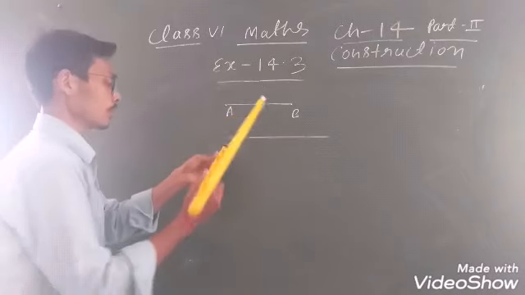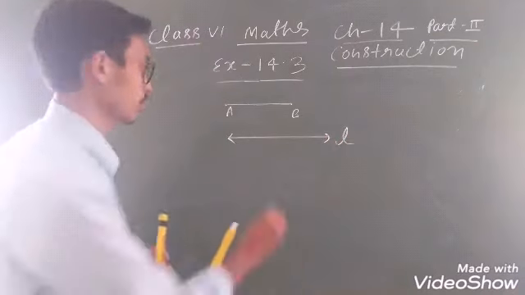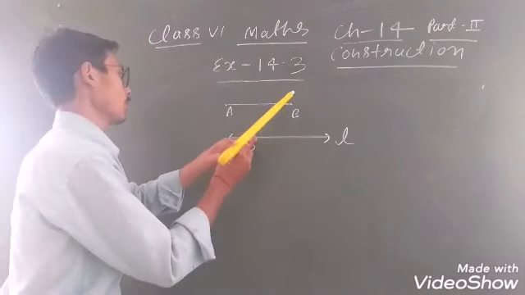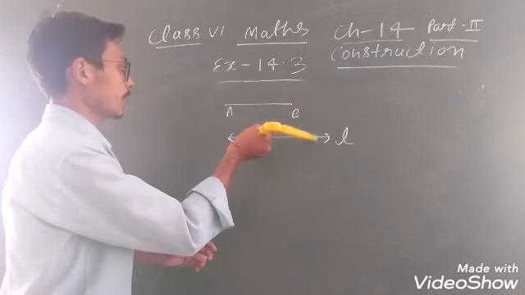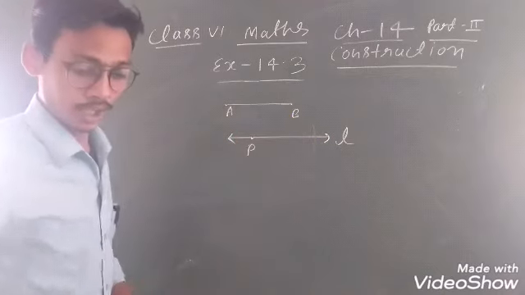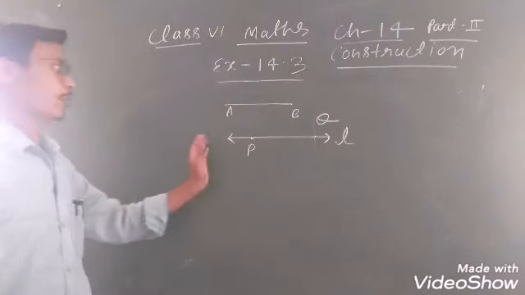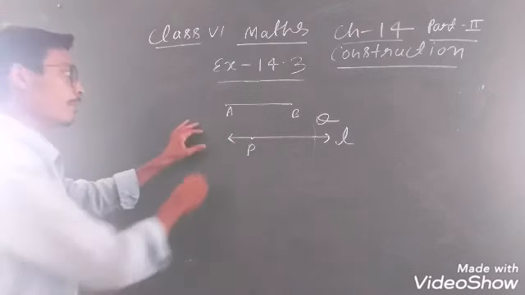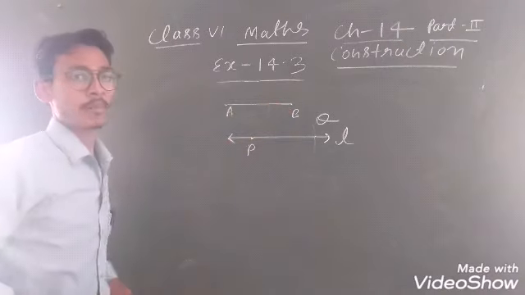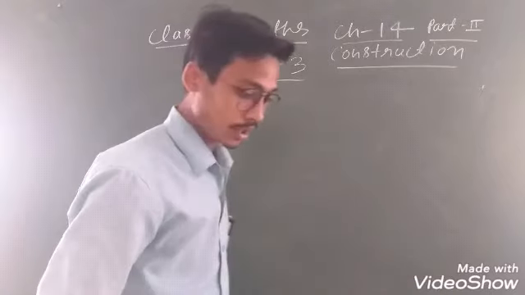तो one pointer, जैसे give name L and this is our line segment, ठीक है ना। तो one give name this P, any name you can give. अब now one pointer should be on P and with another pointer you will draw an arc R, देखो like that. This is P, this is Q। तो देखो without measuring you can construct. अब when you measure AB and PQ the length should be the same because we measure with the help of compass, clear everyone? So this is our question number 1, ठीक है ना।